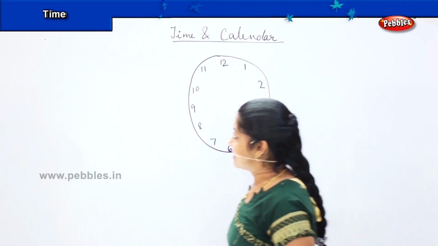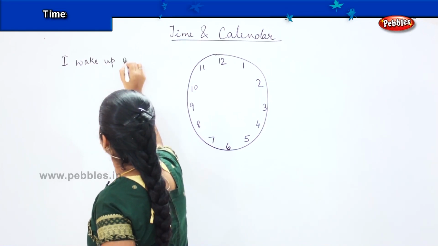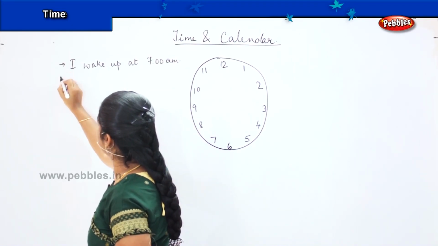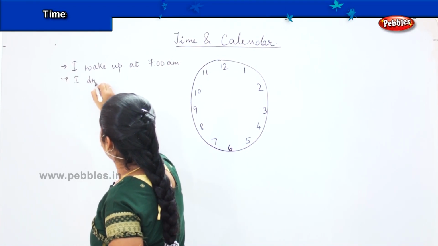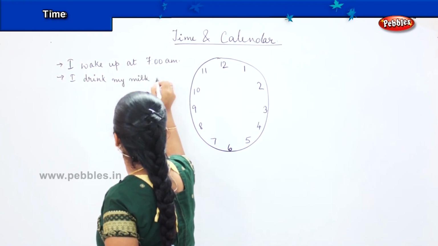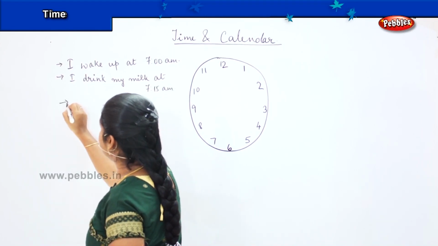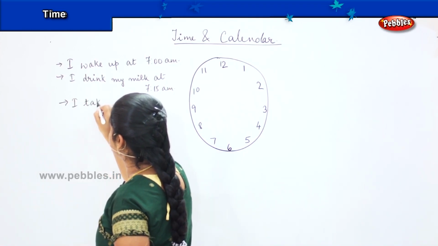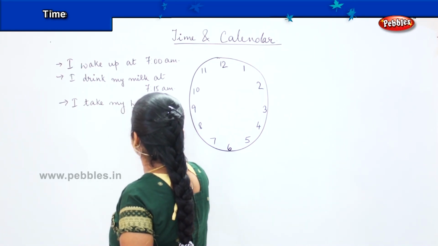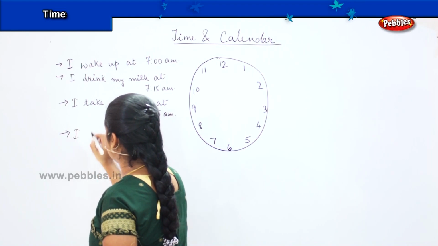Okay. So I have my timetable. I wake up at 7 a.m. Then I drink my milk at 7:15 a.m. After that, I take my bath at 7:25 a.m. Then I get ready